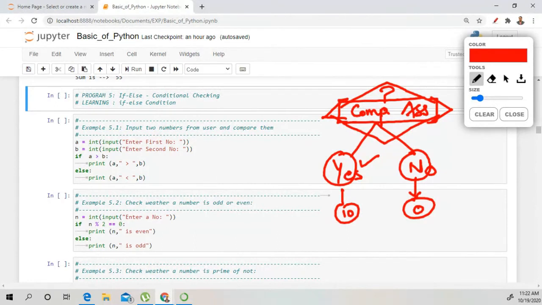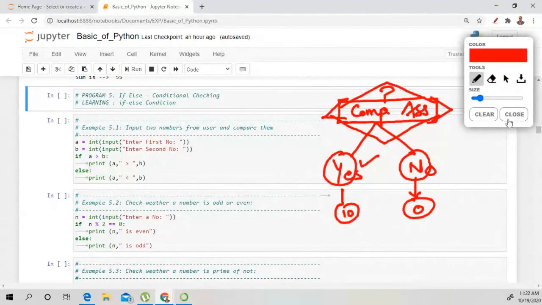If your watch time is below 40 minutes, then you will be marked as absent. If your watch time is above 40 minutes, then you will be marked as present. Okay. So this if else statement is used in Blackboard for recording your attendance. Clear? Any doubt till now how this if else condition works?